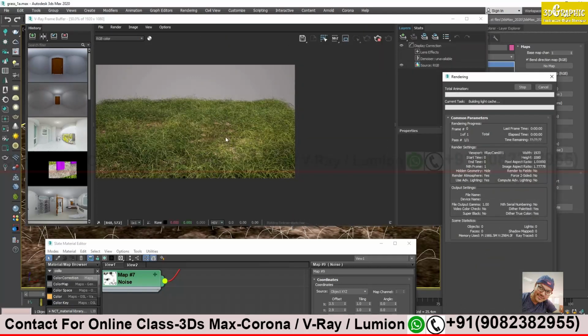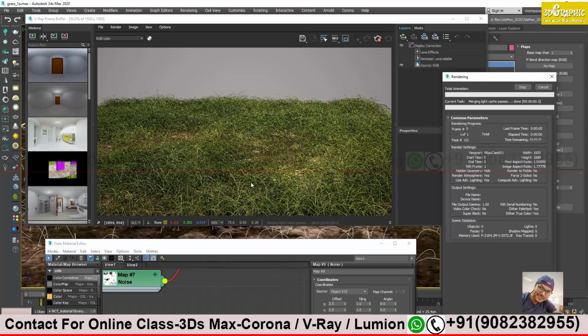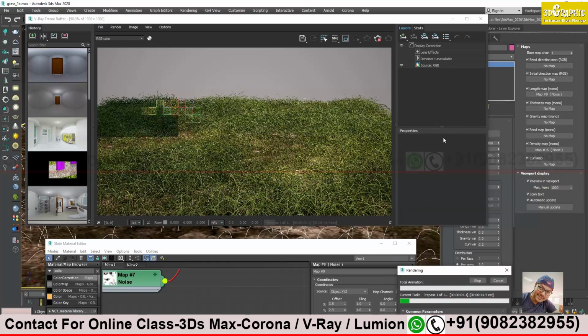Let me get a more clear picture. Fine. It will not take much time. Okay, so try to achieve this kind of result. If you have any doubt, then just ask me. Okay, so start working. Meanwhile, it will be rendered, then I will share this work.